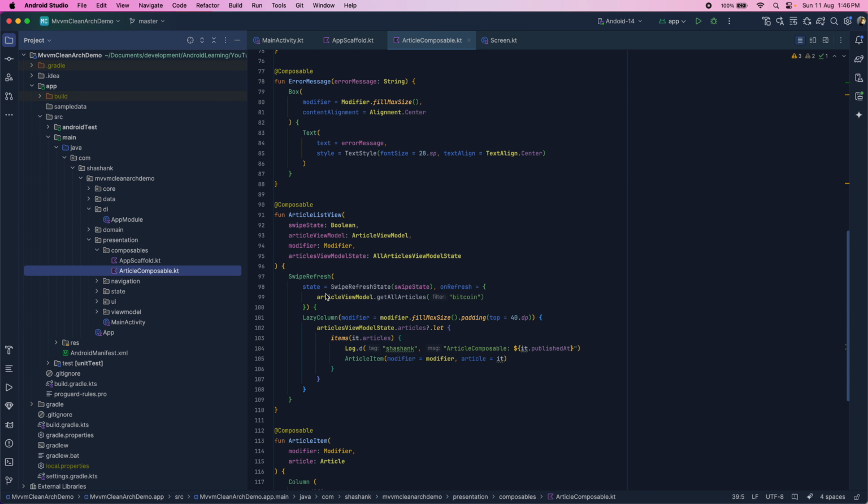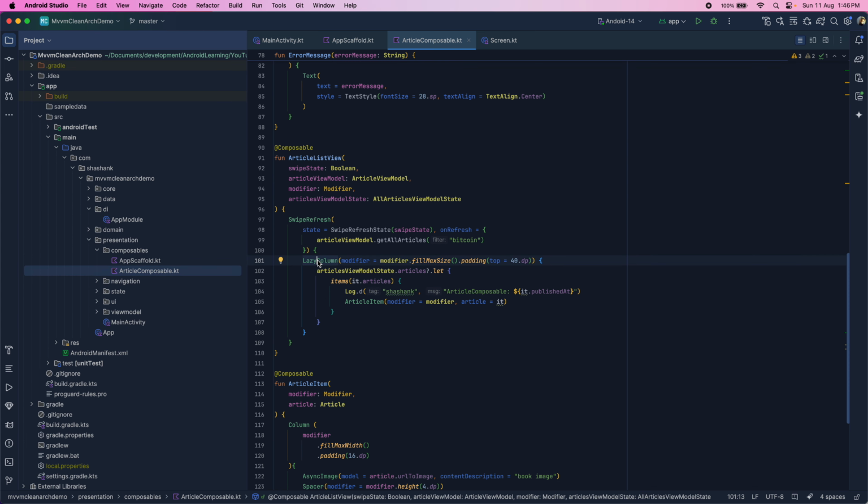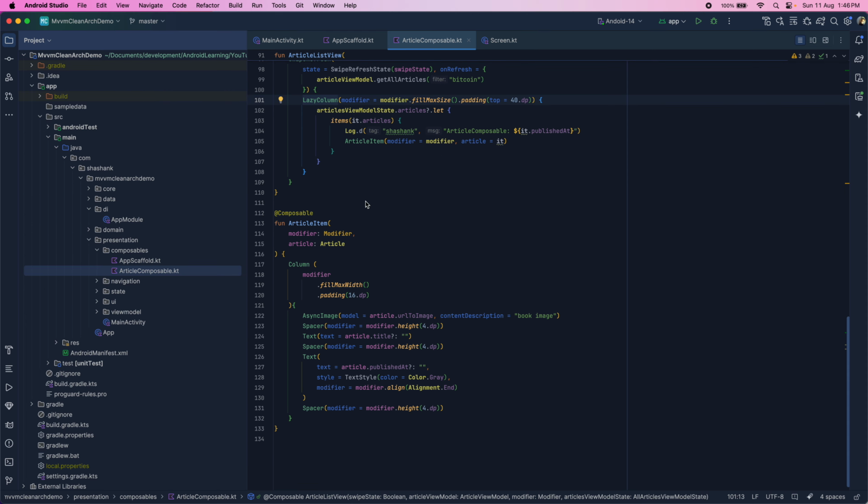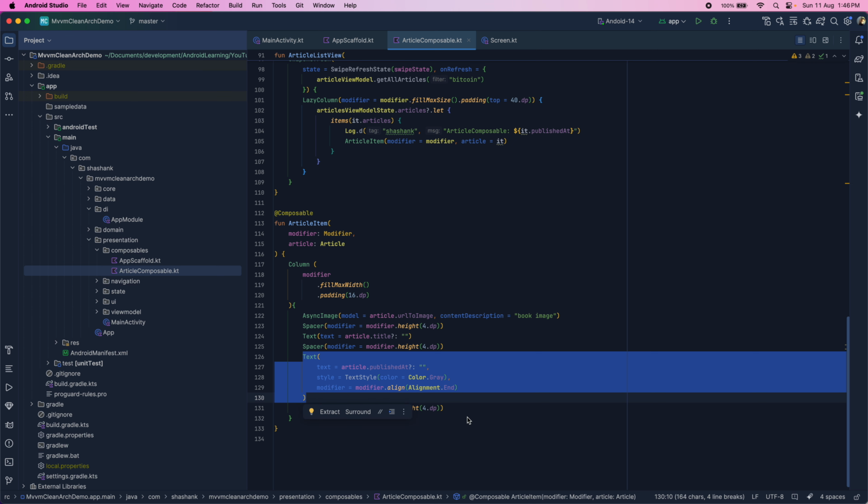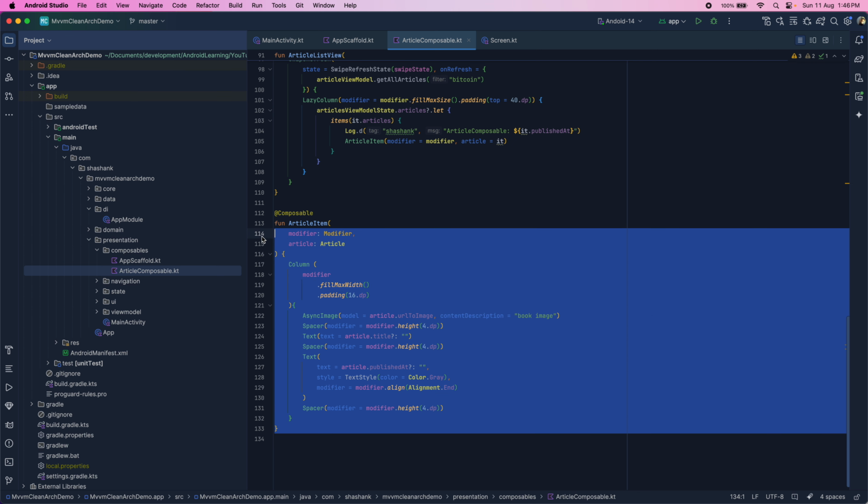So see, this is the article list view. I'm using a lazy column, and I am iterating through the list of articles, and then this article item specifies a single item in the list. That contains the image, the title, and published at. So these are the three pieces of information which I'm basically showing